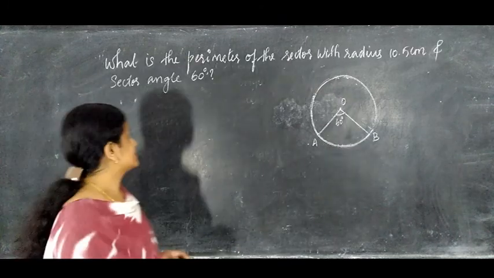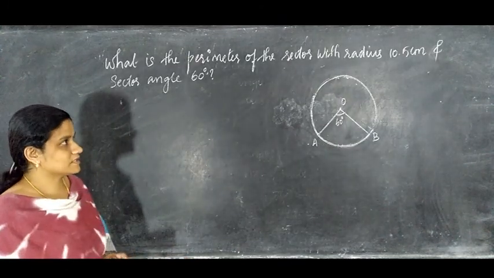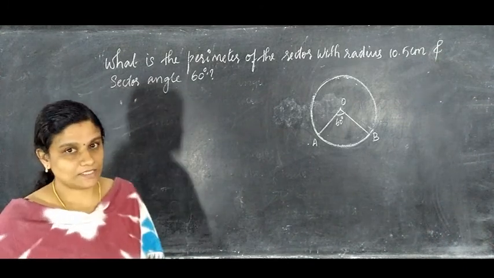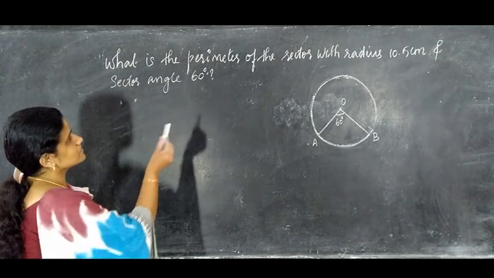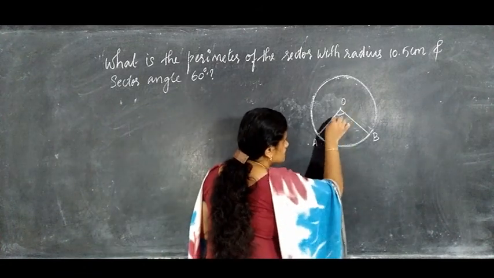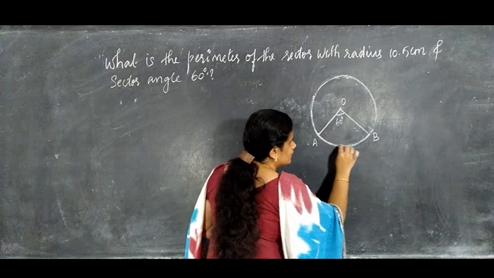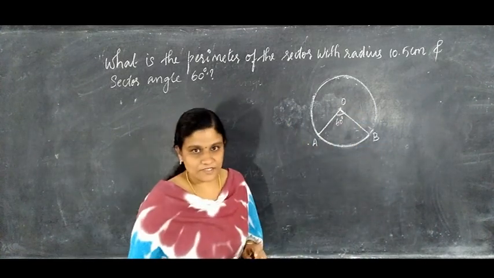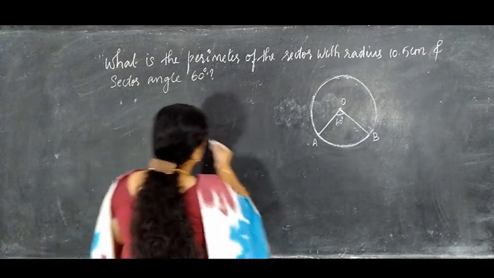Now the next question. What is the perimeter of the sector with radius 10.5 centimeters and sector angle 60 degrees? So here you have to find the perimeter of the sector. So this is the sector. So perimeter means R plus length of the arc plus R. Is this the perimeter, children? Okay. Now we can write